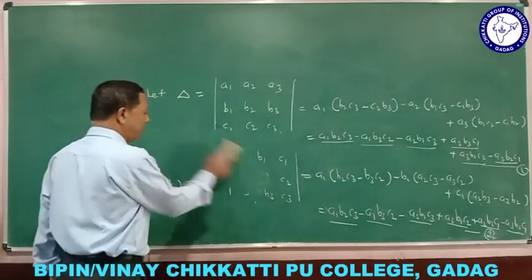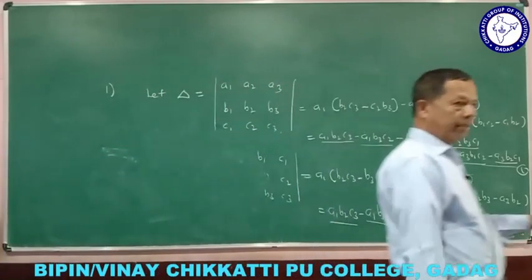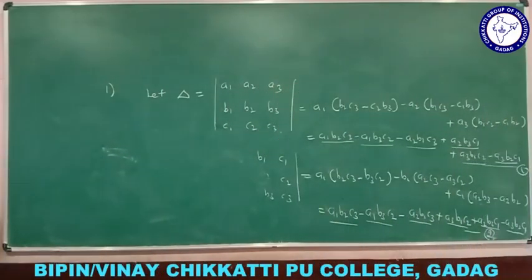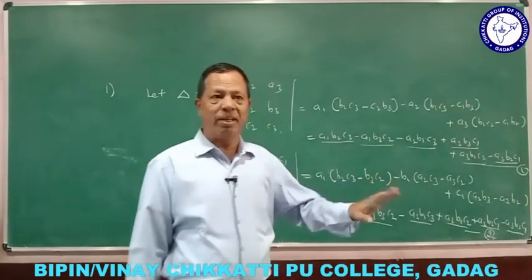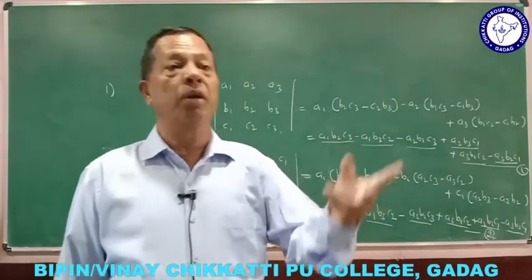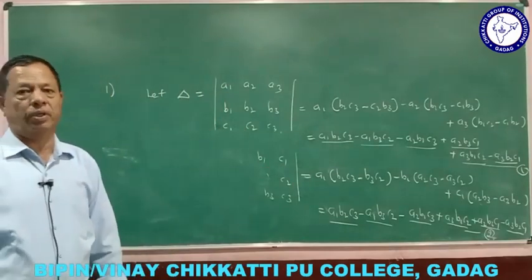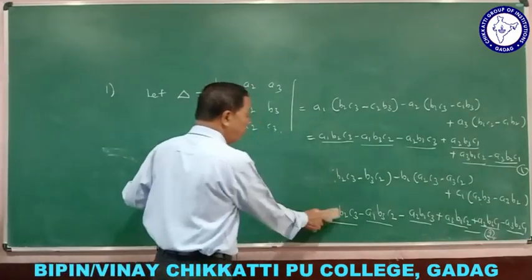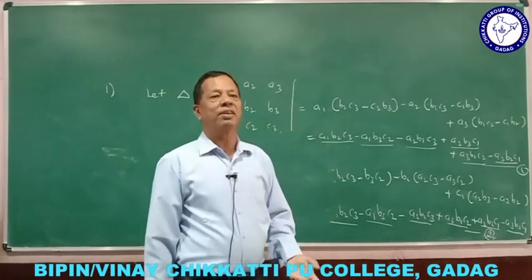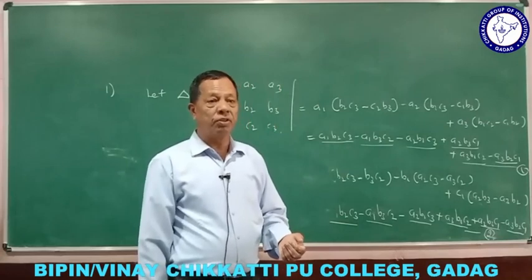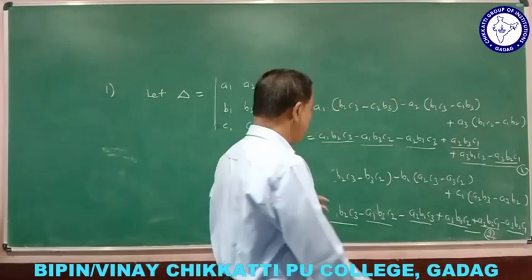Now one more property I am giving here. What property? In a determinant, if 2 rows or 2 columns are interchanged, but here all the 3 rows and 3 columns are interchanged, you know. Suppose if 2 rows or 2 columns are interchanged, then what happens? The value of the determinant changes. Value of the determinant changes means what? Suppose the first answer is 36. What will the second answer be? Minus 36. Value of the determinant changes means the sign of the determinant changes, you have to say. Sign means plus or minus.